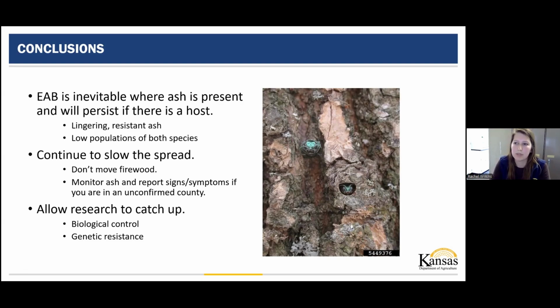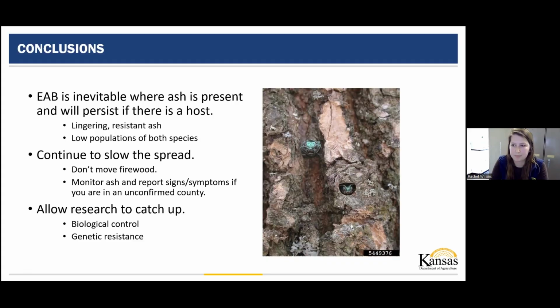So what we imagine in the long term is that low populations of both species will probably be present in an area. So what we try to do is just continue to advocate and encourage people to try to slow the spread of this beetle. We always talk about, don't move firewood, don't help the beetle travel any farther than it needs to. But also if you have ash trees on your property, monitor those trees and report any signs and symptoms of EAB, especially if you're in an